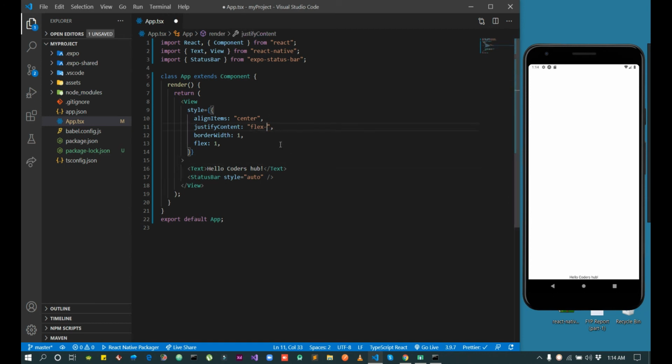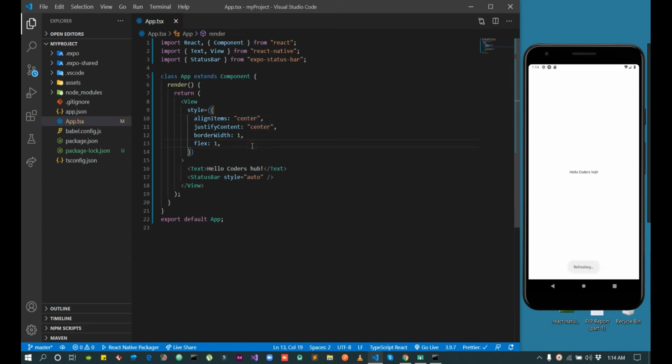If I use flex-start, you can see it's at the start. And if I use center, you can see it's in the center. Same in the case of alignItems: if you use flex-end, it's at the end widthwise, and if you use flex-start, it's at the start of the width, and again I will use center.